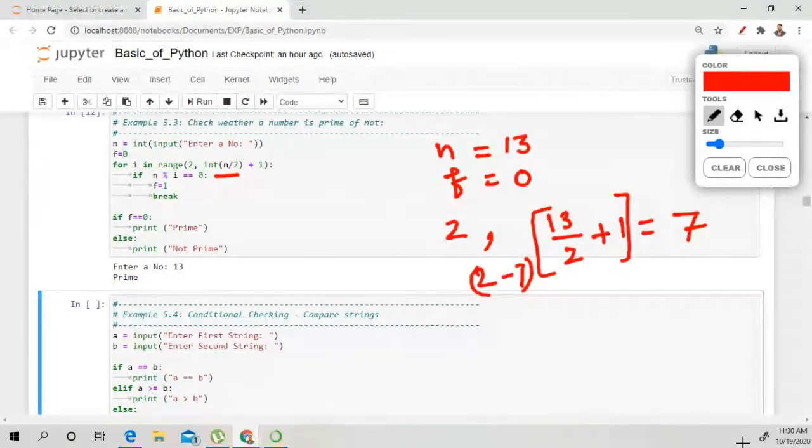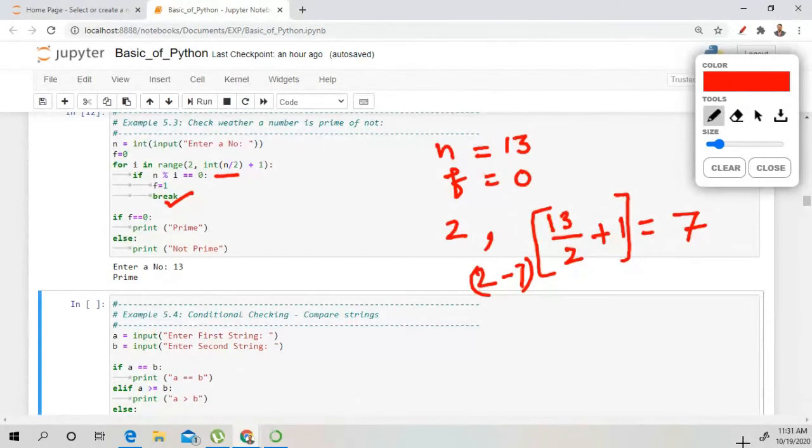Okay. So n mod i is equal to 0. The percentage symbol is used. Okay. So if f is equal to 1, then it will break, or otherwise if f is equal to 0, then it will display prime number or not prime number. Clear? So this statement is break right here.